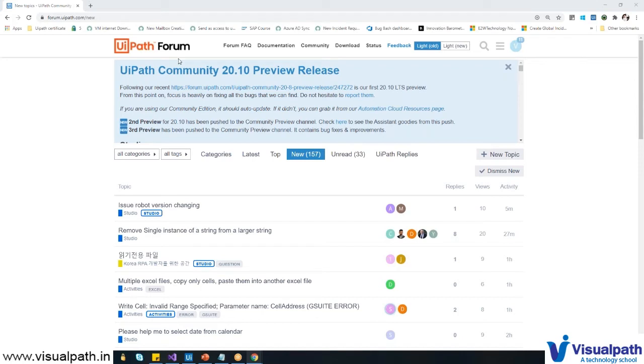UiPath has its own documentation. So if you're getting stuck somewhere while developing and getting an exception, remember that UiPath will work fine in the initial days, but you need a lot of best practices. You need to do it perfectly, because a robot is working in your absence. That means it should be properly done functionally and technically, so that it does its task automatically.